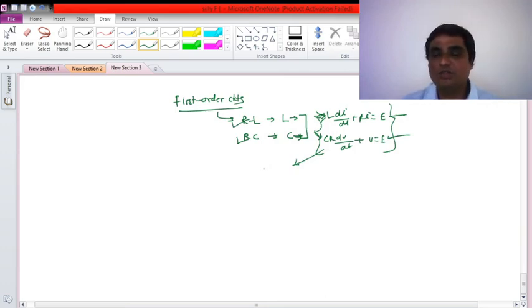If it is non-homogeneous, what is to be done? Your total solution consists of two parts: a complementary solution and a particular solution. The complementary solution depends on simply taking the characteristic equation, finding the roots and writing it in exponential form. Whereas for finding the particular solution, we try to express the forcing function in exponential form, and then we find the unknown A. So in the last two classes we have seen how to find the solution of first order circuits, RL and RC, if the excitation is constant.